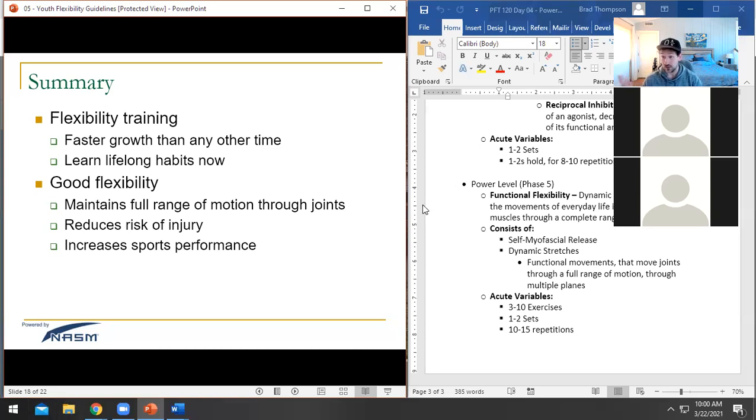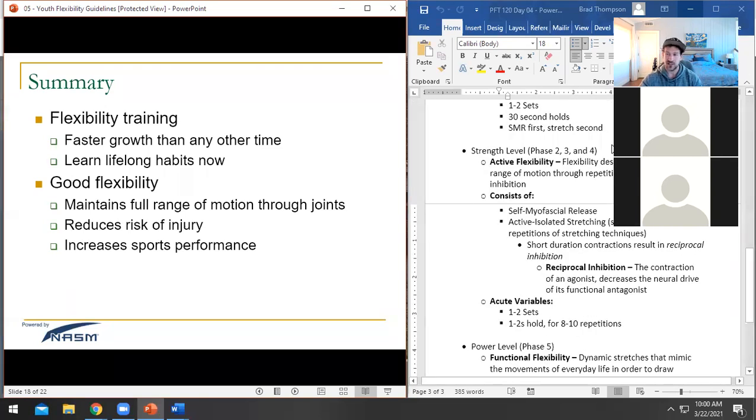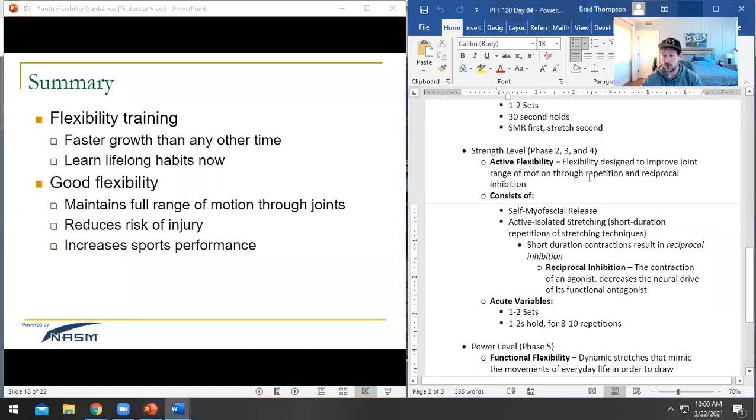Now, here's the thing, if I were lifting at 85% of my 1 rep max, yeah, I don't want to do static stretches, right? I want to lift heavy. So that's why we have active stretches. Active flexibility has been shown to improve your range of motion, but it doesn't quite do it as well as static stretches, but it doesn't have the effect that static stretches have in inhibiting my muscles. So if it's not inhibiting my muscles as much,